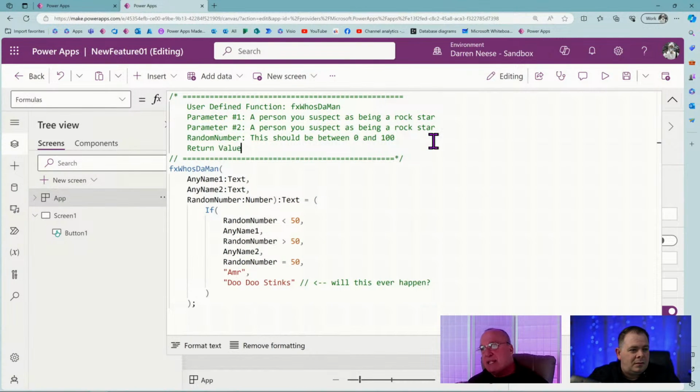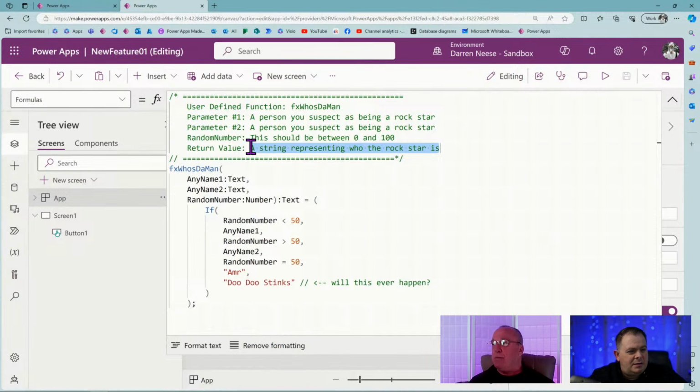It's going to take this code that we've got in here, this if condition right here. It's going to look at that random number and return the value that the if condition returns. You see that if is a function, and it's got a comma-separated parameter list in there. So the if is going to return whatever's true in that statement, right?